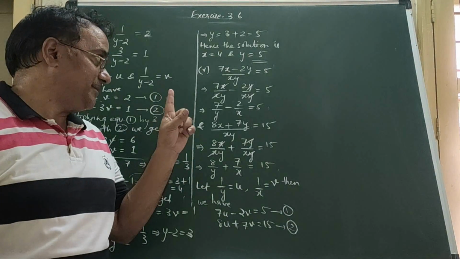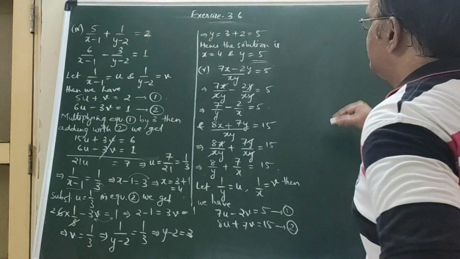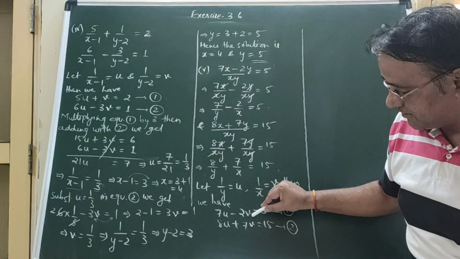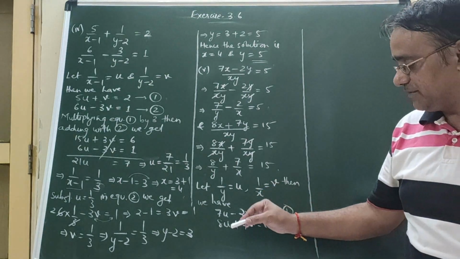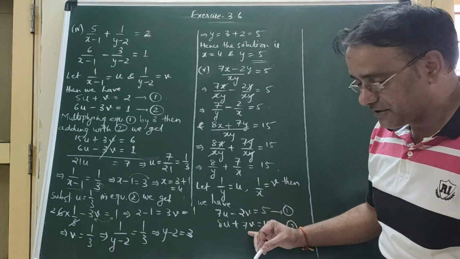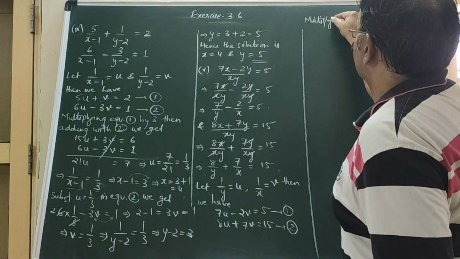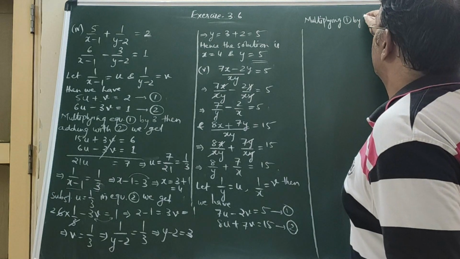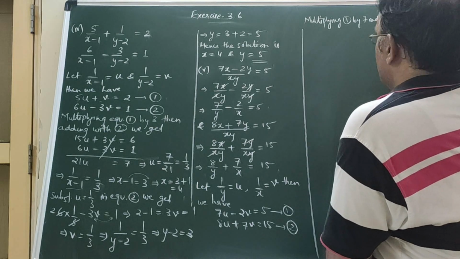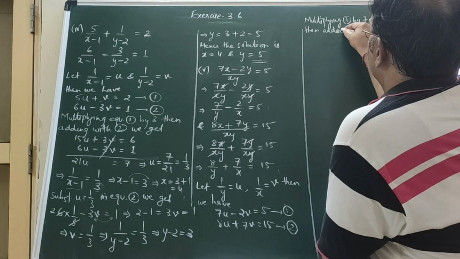Okay, ये वाला क्वेश्चन मैं अभी दूसरे मेथड से भी बताऊंगा, because this method is very lengthy, right? Now see, I am going to target the v coefficient. Okay, I am going to make the coefficient of v same because both signs are different. तो इसको मैं 7 से इंटू करूंगा और इसको 2 से इंटू करूंगा. So multiplying 1 by 7 and 2 by 2, then adding we get,